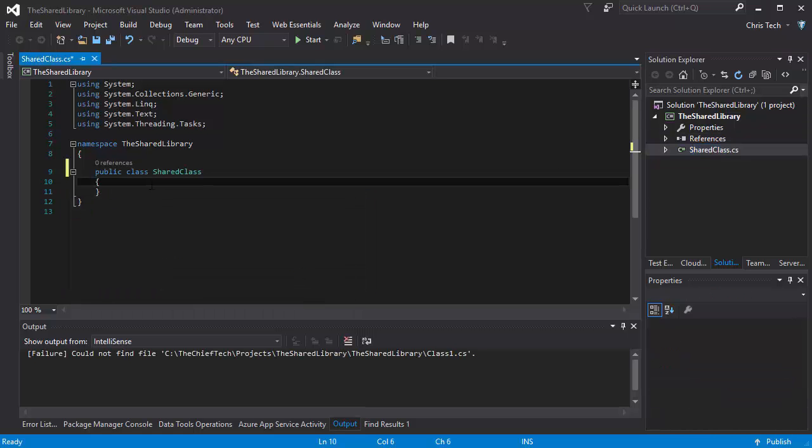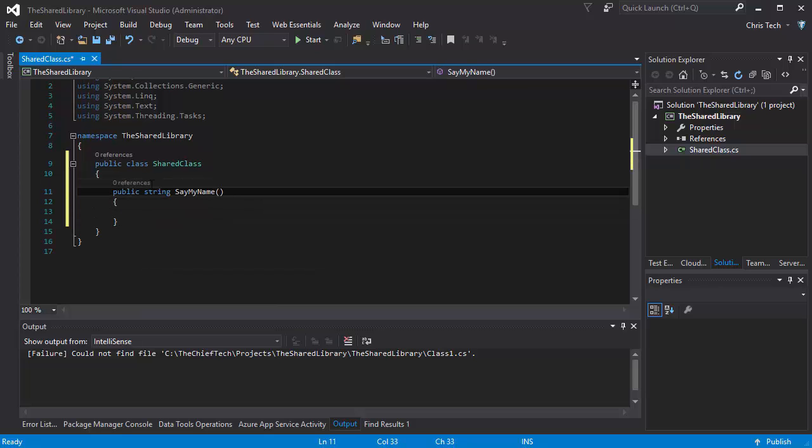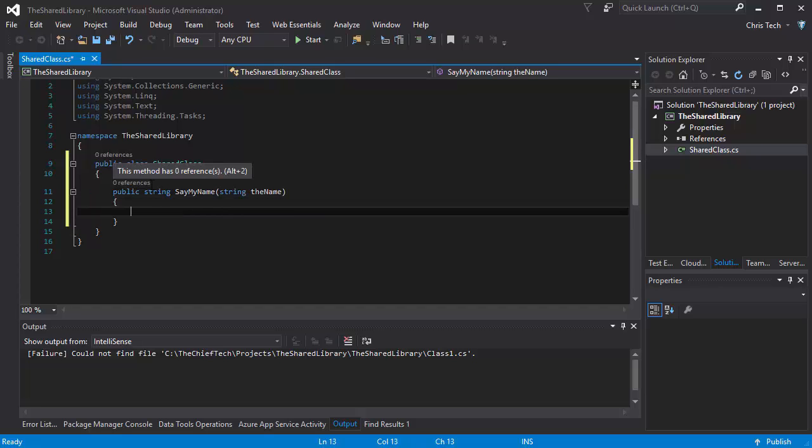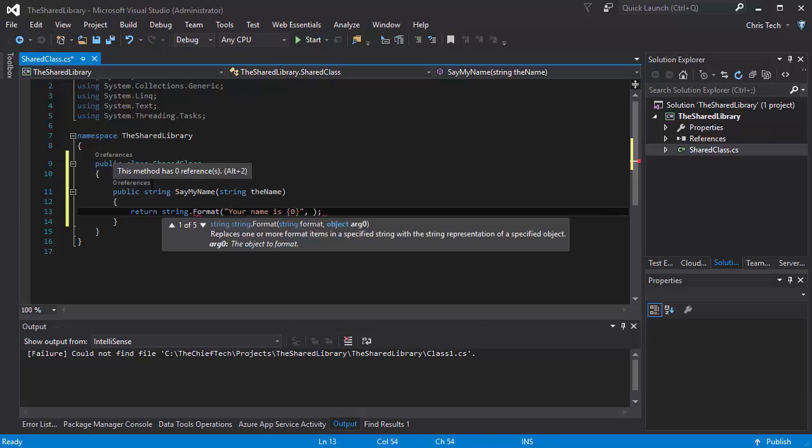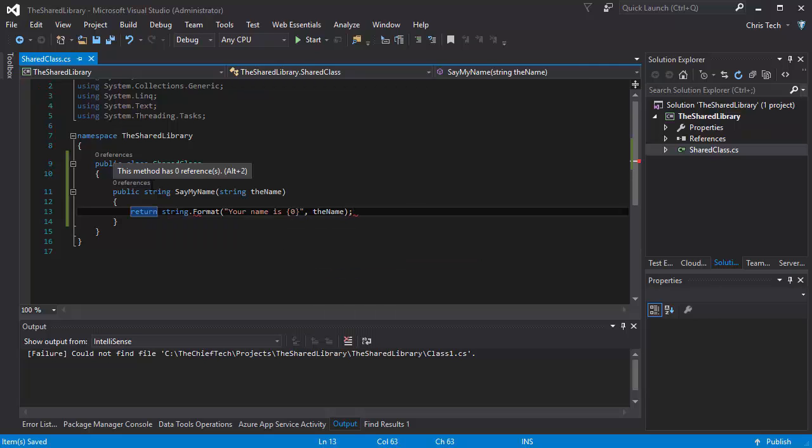utilize this library. Inside this shared class, what I'm going to do is create a simple method, and this method will be called say my name, taking in a string parameter called the name, and then returning back a string which will contain the name that was passed into it. Okay, so now that we have our method returning the string,